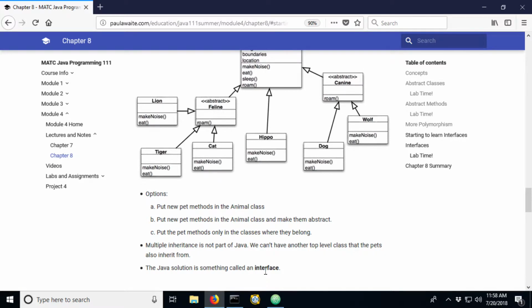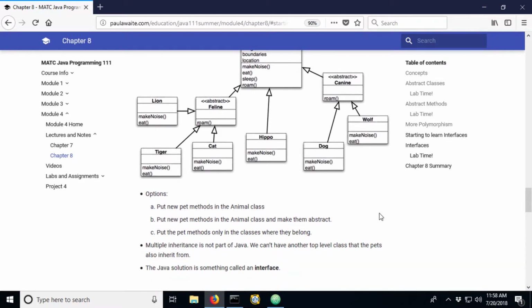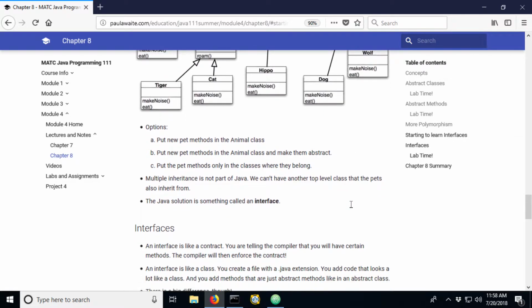An interface is kind of a special class, if you will, that allows us to have methods available to classes that aren't necessarily just directly inheriting from a class. So I have methods that aren't on animal, they're going to be on an interface, and I can have many interfaces that are implemented by my classes. That gives us the ability to have lots of different stuff fed into a particular concrete class.